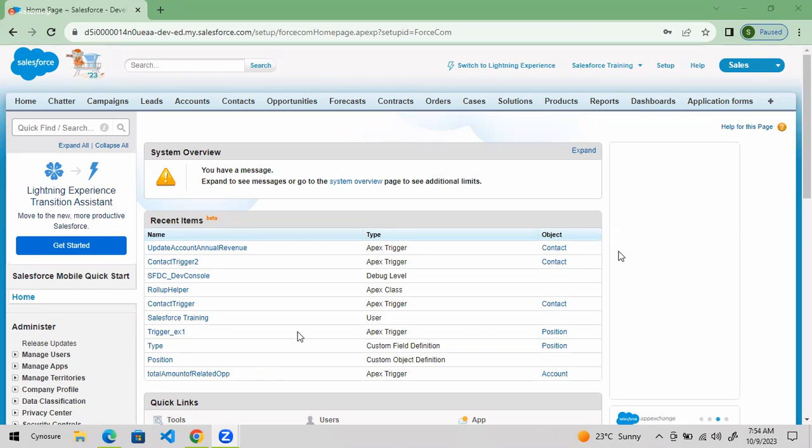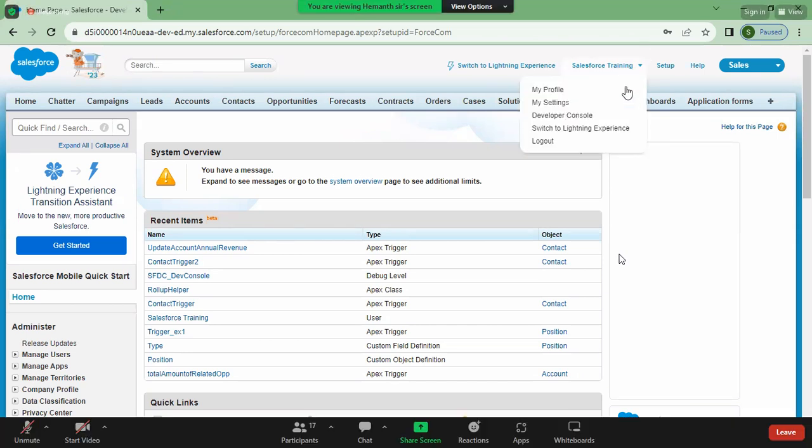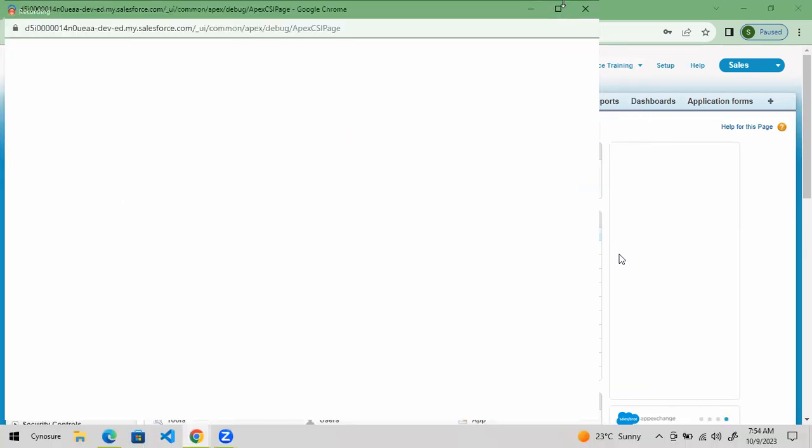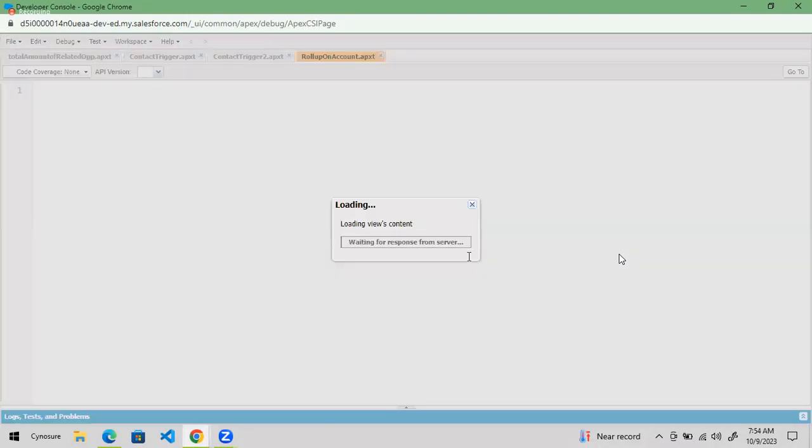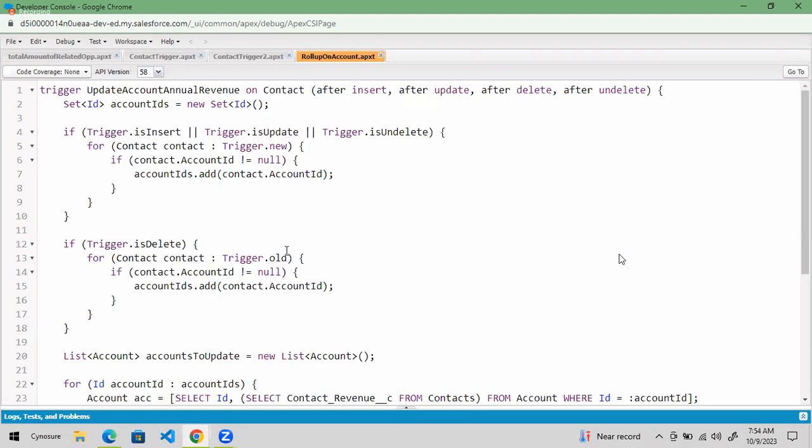Okay, then I'll continue. So in the previous class, we were discussing an example where one account is linked to multiple contacts. And on the contact, we created a field called